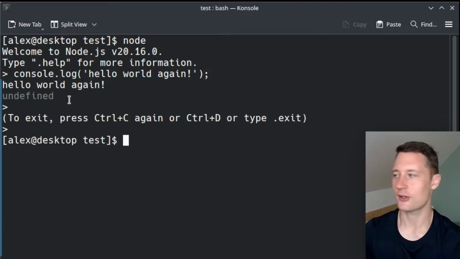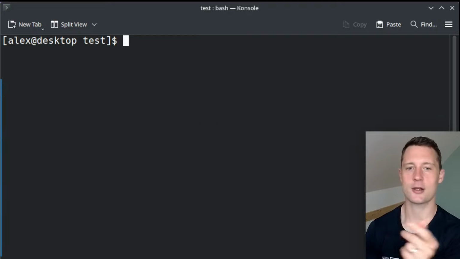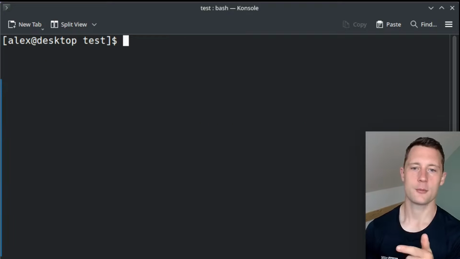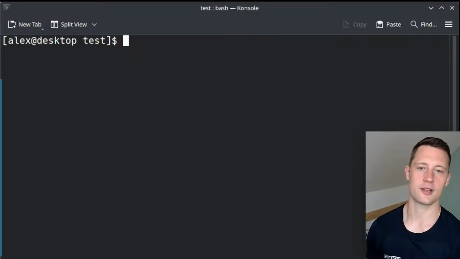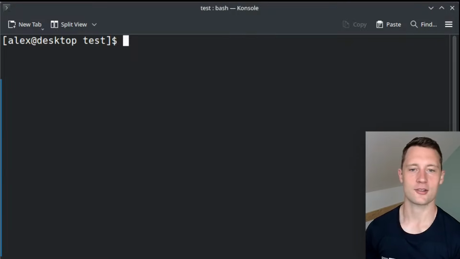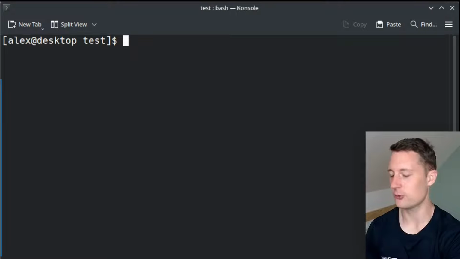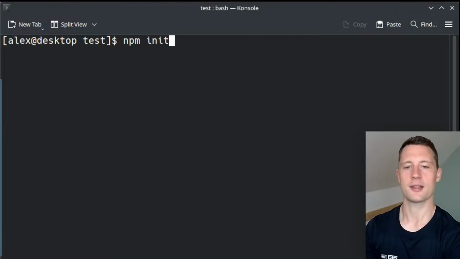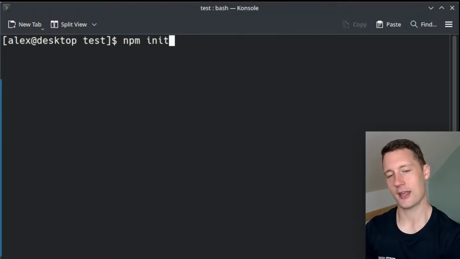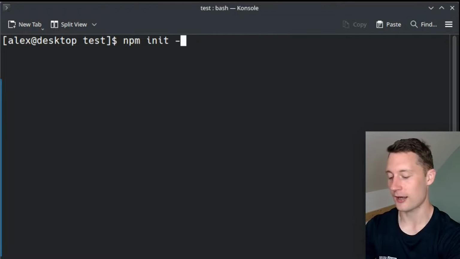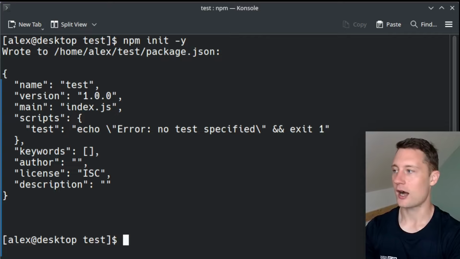So there it is, server-side JavaScript. I'll make a slightly longer demonstration here with NPM because there's a lot of use cases that you need to be comfortable with, because you will get into some situations where you need to know exactly what to do with NPM. In order to just create some kind of project that uses NPM, you can write npm init, and then there will be an installation wizard if you press enter now, but you can also write -y, and then it